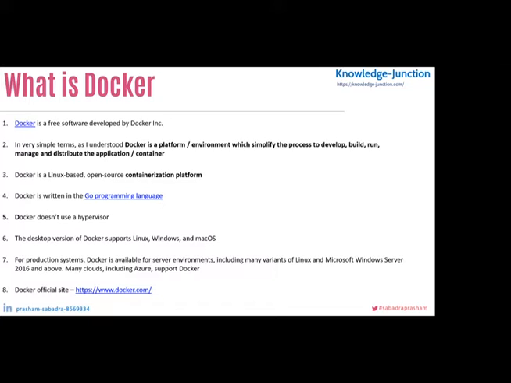Docker supports all the operating systems like Linux, Windows, and Mac OS. Docker Desktop is available as well for Windows, Linux, and Mac OS. We will also install Docker on our Ubuntu box; I will show you. Docker is available in many variants for each operating system. It is also supported on Windows, built in from Microsoft Windows Server 2016 onwards. You can have a look at the docker.com site, which is the official Docker site.